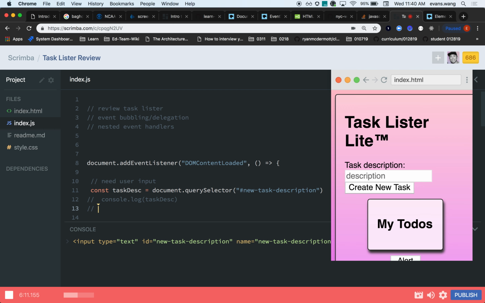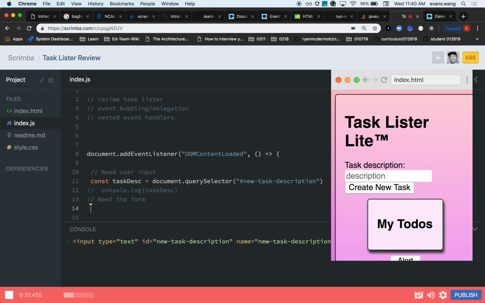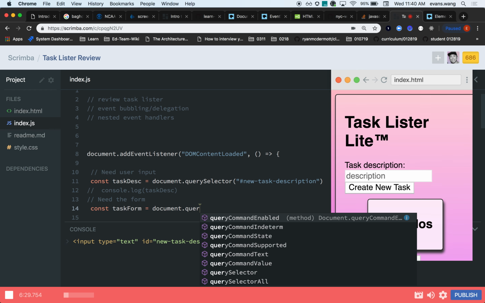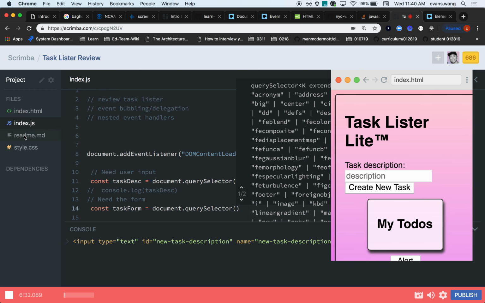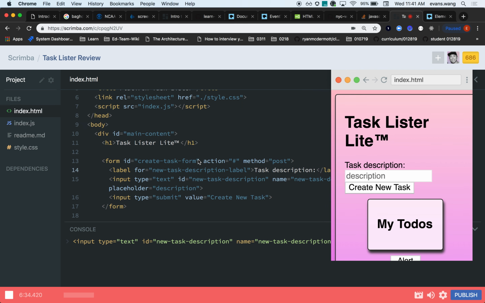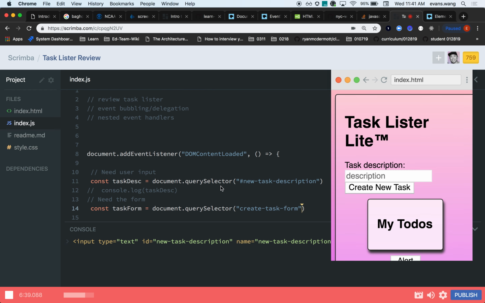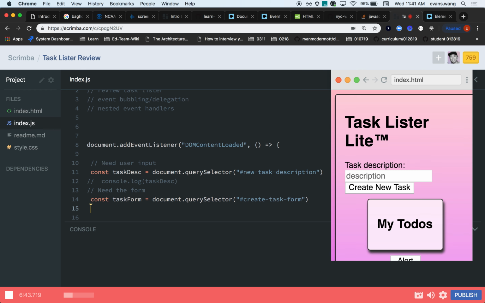So let's grab that form. So we need the form. All right, and how do we grab it? Same thing. Const, right? Task form. Sure. Cool. Nice. It's just right here. Cool. And we should probably